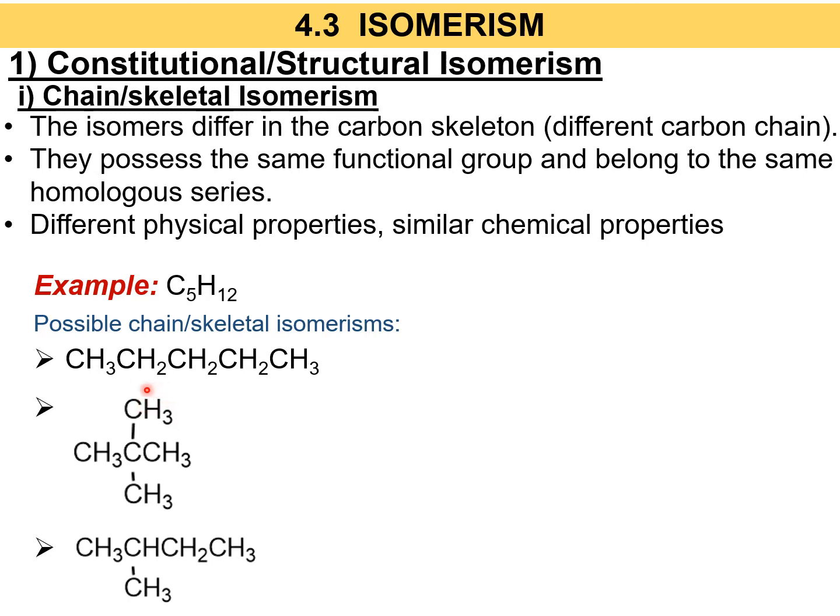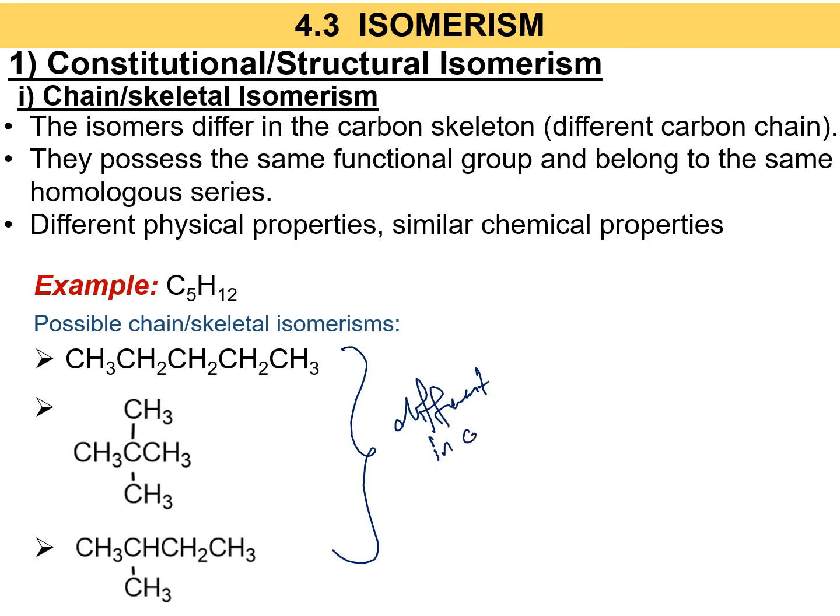Dia ada berbeza structural formula dia. Okay, and then dia ada perubahan structural formula dekat bahagian carbon chain. If you look at this one, dia ada 5 carbon chain, and then yang this one ada 3 saja carbon chain, and kat bawah ni ada 4 carbon chain. Tapi kalau kita kira balik, the total number of carbon ada 5, total number of hydrogen ada 12 for each of these structures. Okay, so kat sini kita tahulah dia ada different